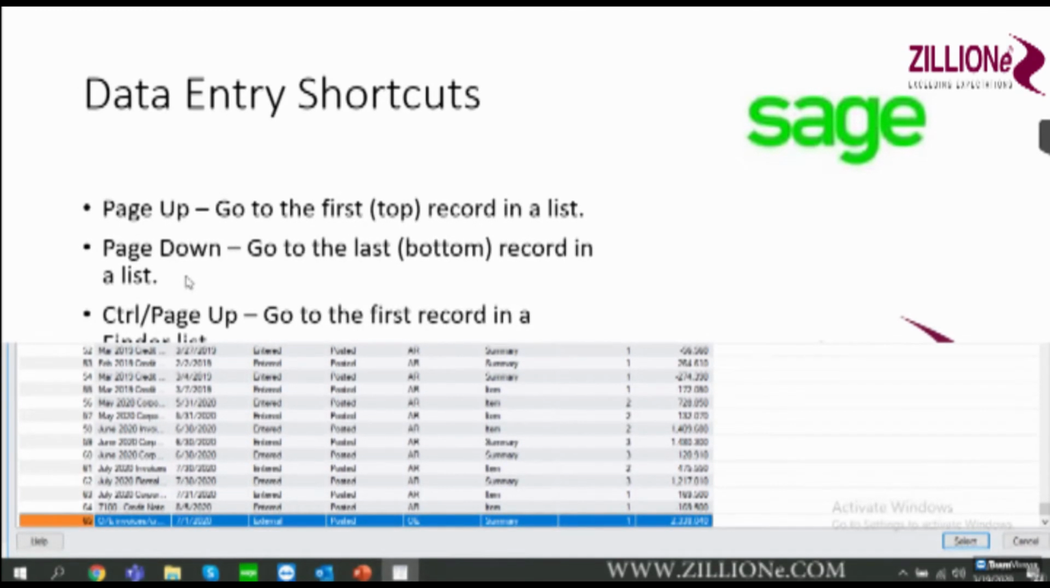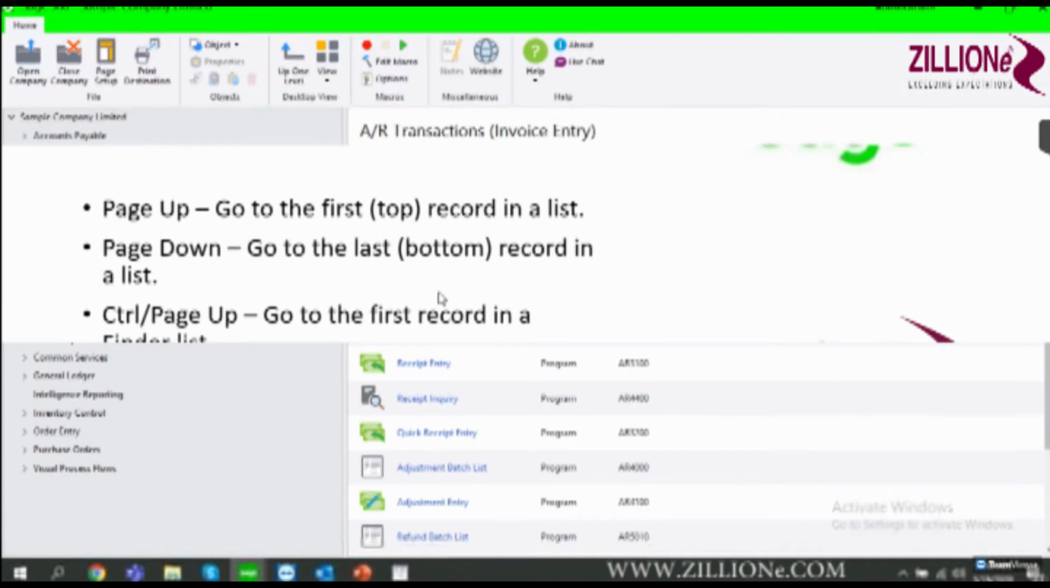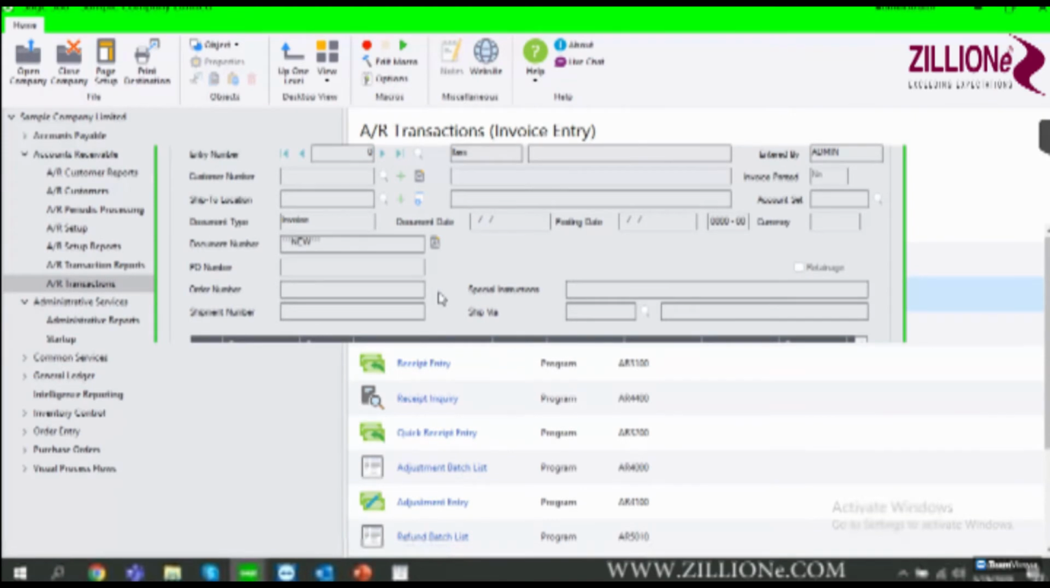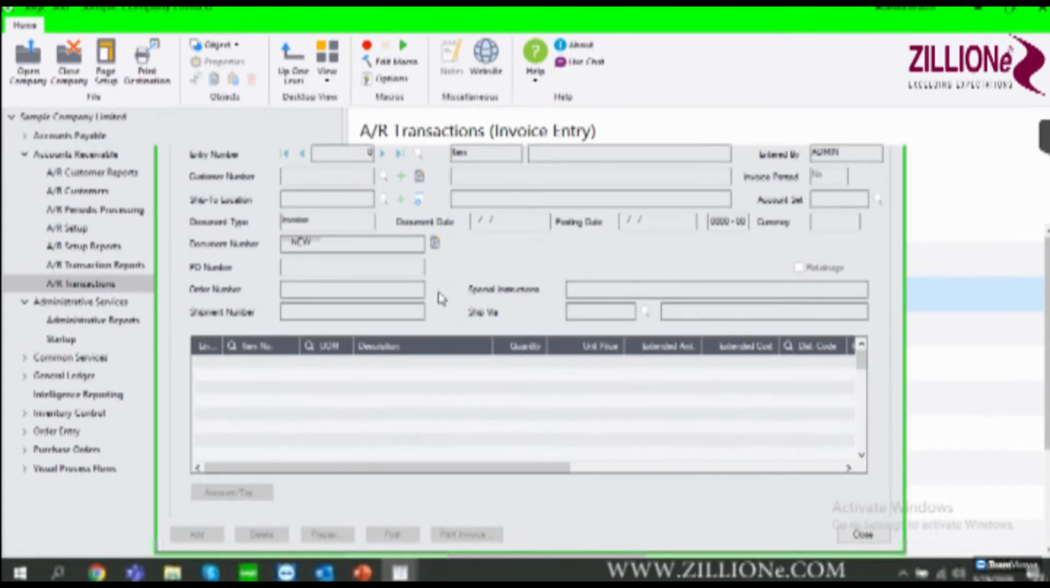This thing, right. And let's say if you are entering an invoice transaction, as an example, and if there are a number of fields to enter the data to save a transaction, at that time you can click on tab,